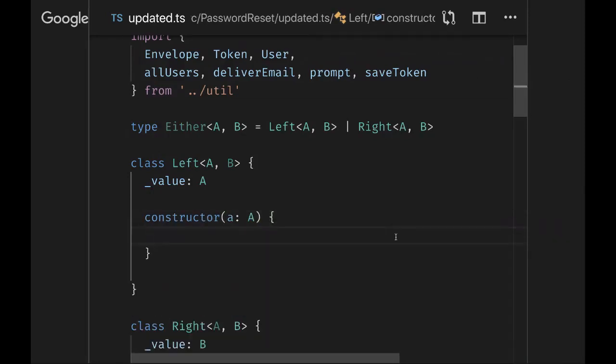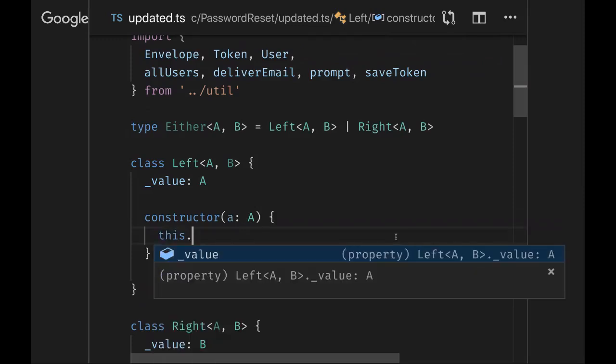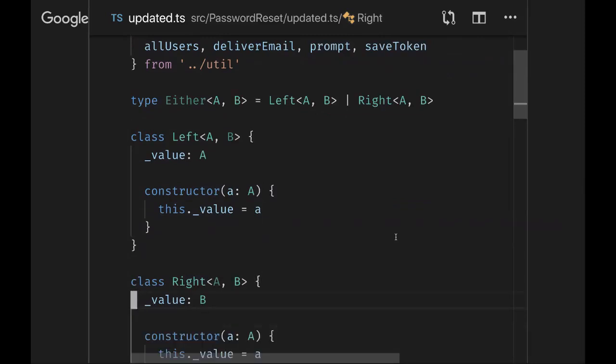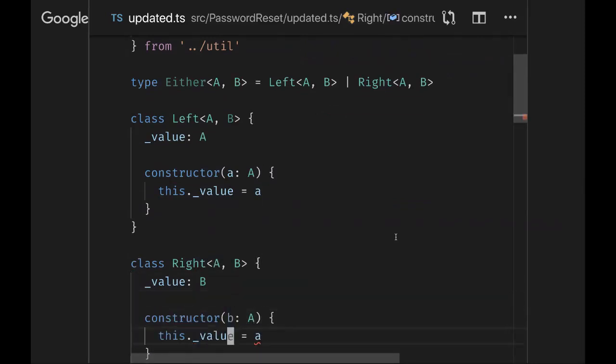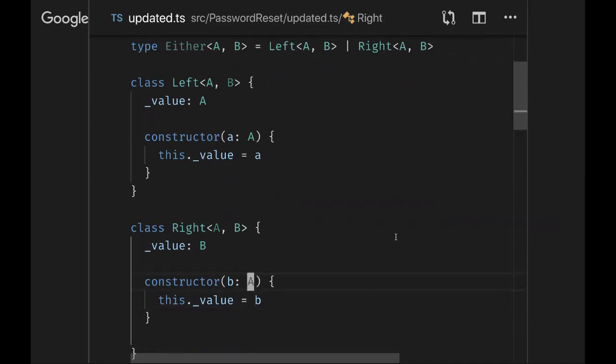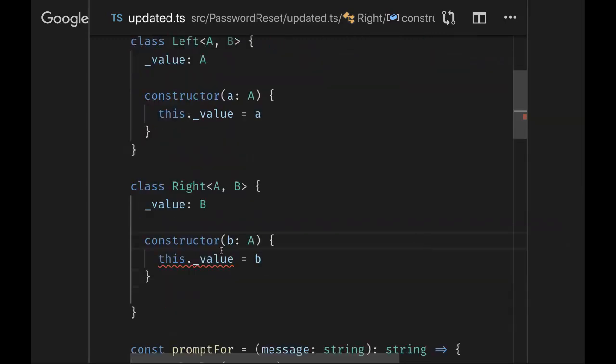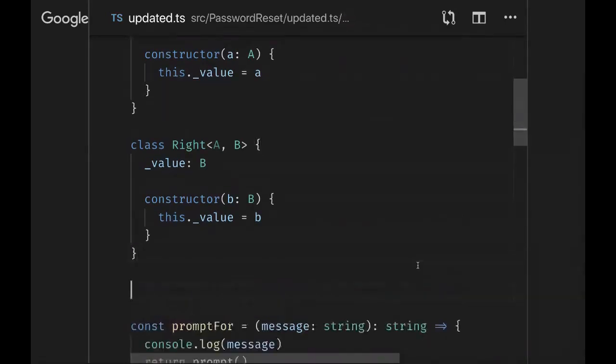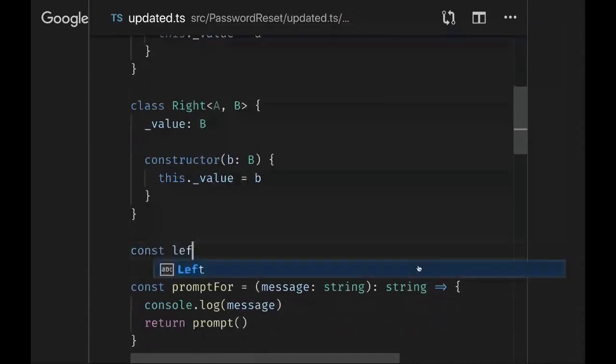Left, I'm going to have to initialize with an A, and it'll hold on to that. A Right, on the other hand, I'm going to want to initialize with a B, type B. Oh yeah, so notably, if I mix up my A's and my B's, it says Rights have to hold a B, but I said that B was a type A. I apologize for the variable names. I don't have a better name for them. Okay. And the idea here is that rather than constructing directly, I tend to write some helper functions.